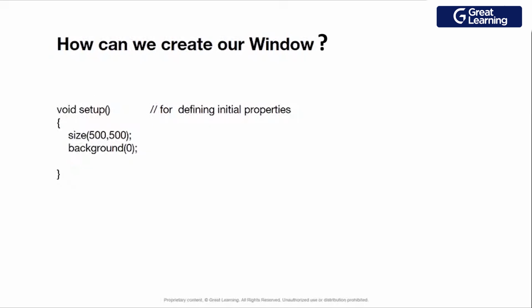So you might have seen that window wherein we have a snake, and once we click on the play button it soon starts to move. So we need that window. For that, we are going to download Processing. In that we just have to write void setup, size 500, that is the height and the width of the window, and the background color. The background will range from 0 to 255. 0 means black and 255 means white. So we just define these initial properties.